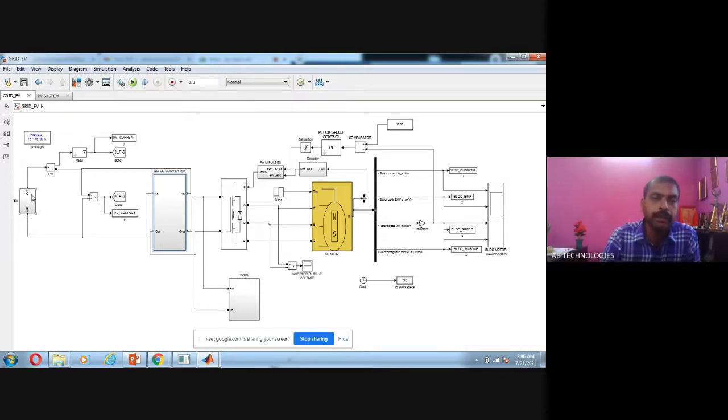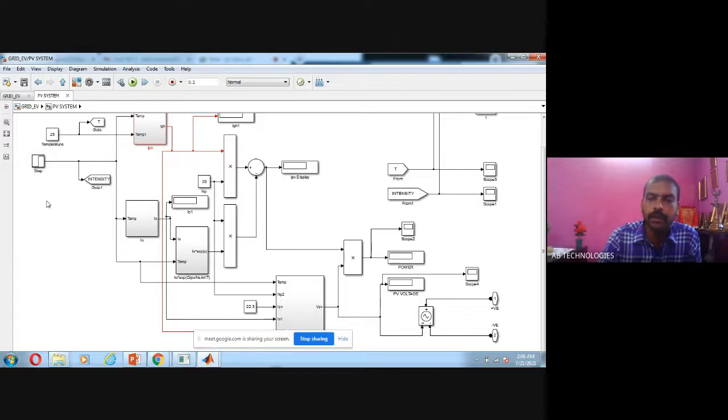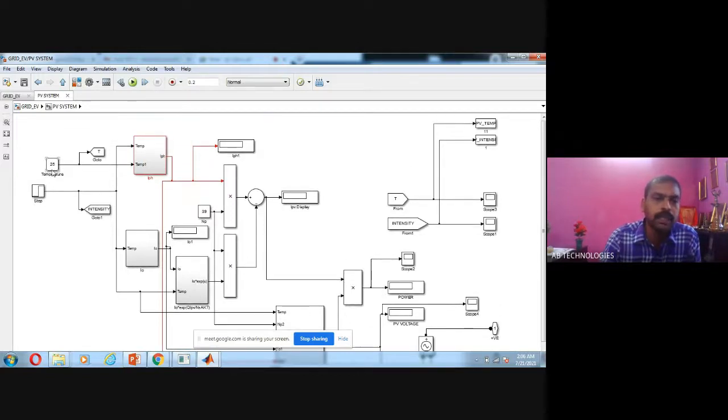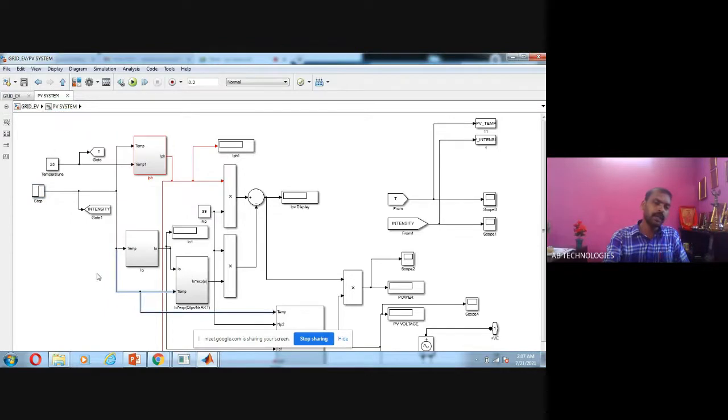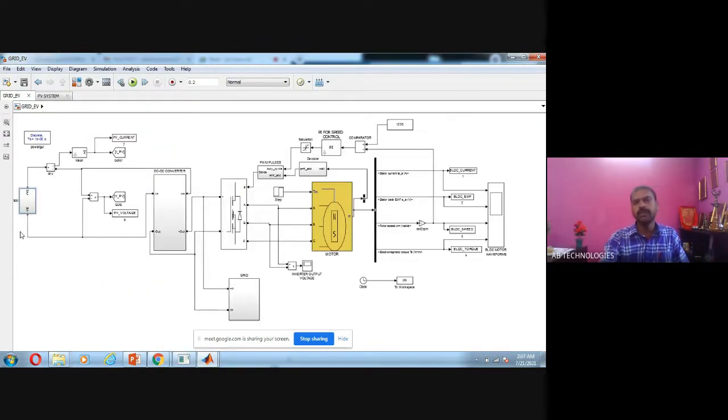Next one is the PV panel. For the PV panel, there are two inputs: the first is the temperature and the second is the irradiation or intensity. Here I have varied the intensity from 980 watts per meter square to 1000 watts per meter square. If we vary these two, definitely we will get variable output voltage from the PV system. After that,